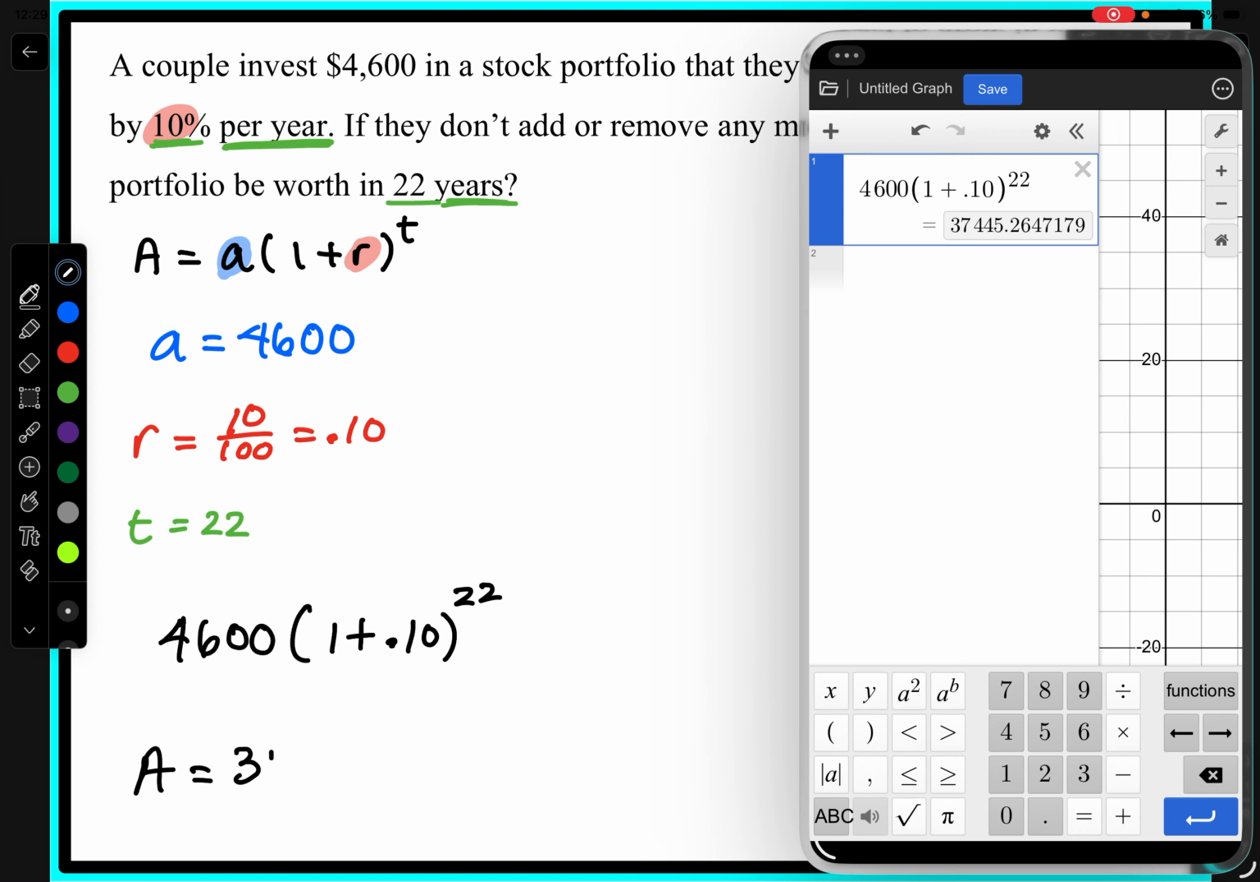So our amount value will be $37,445. And since we're talking about money, we'll estimate this to the nearest cent. So 2 decimal places, which is